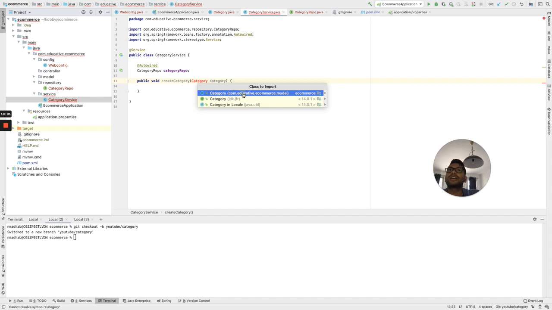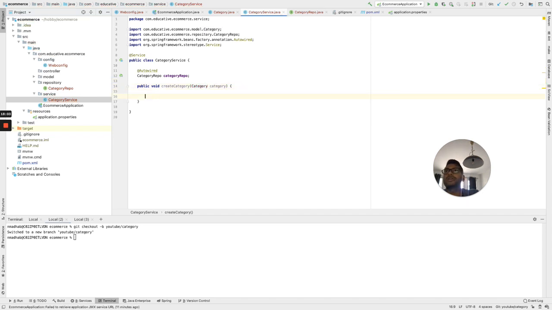Let's import the category model, and it will just save it. Save category. So basically this service is doing a very simple thing. It is getting a category, and it is saving it.